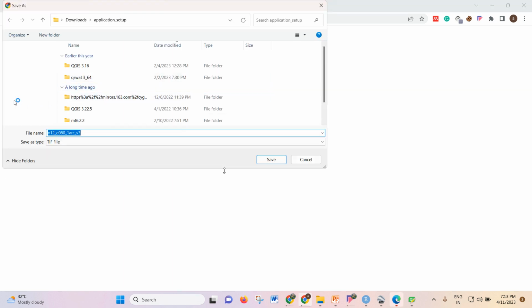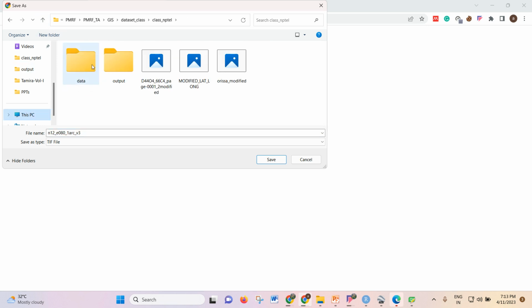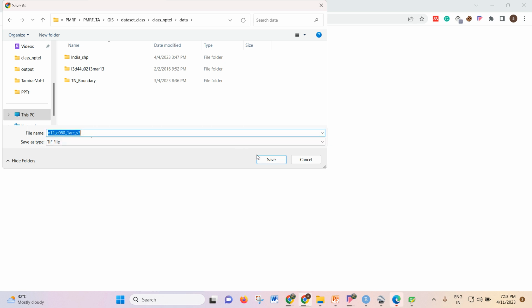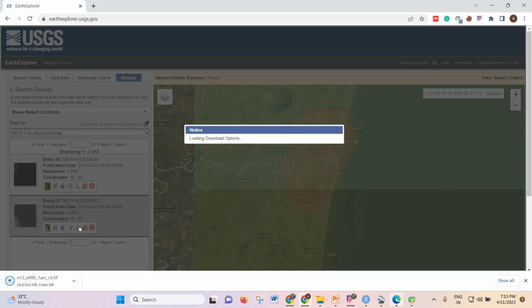For downloading any file from this kind of website, you have to make a profile, as I have made in Bhuvan also. And this is the output folder. I'll keep this TIFF file in my data folder. See, it is downloading. Similarly, for this one also,